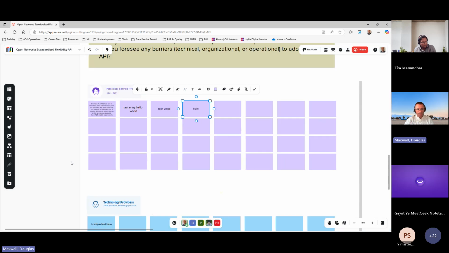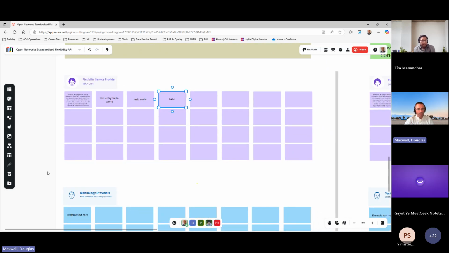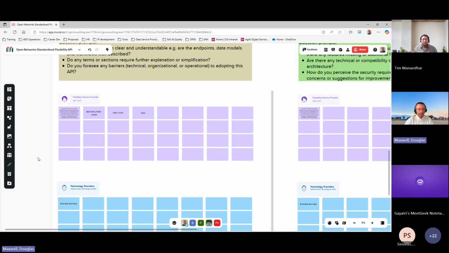Just a quick point, we have opened this up to a lot of people. So what I will do every day is go in quite a few times a day, and if those post-it notes are filling up, I'll increase the number of post-it notes, but I'll do all that behind the scenes. So there should always be an empty space for you to add your comments as well. And that's really about it.